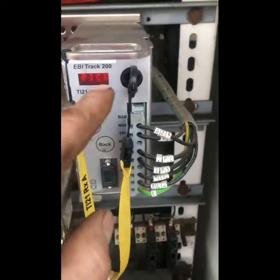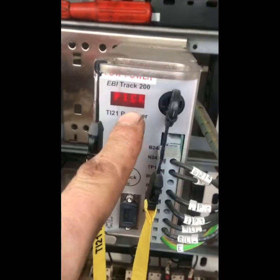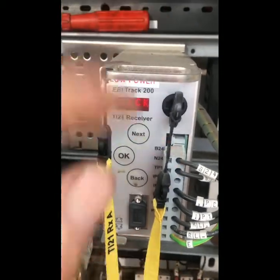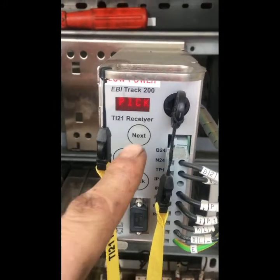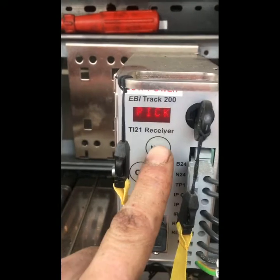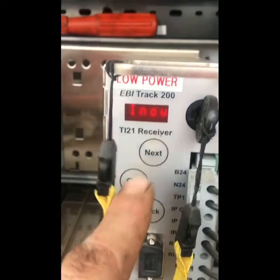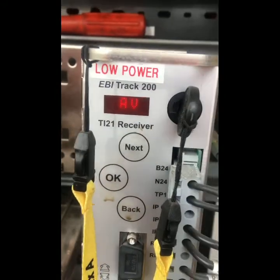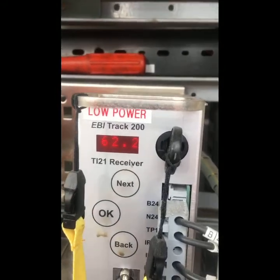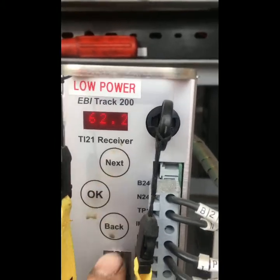And our buttons upon the unit allow us to go forwards and backwards through the system, so we can see that the relay is picked, it's energized. System is energized, that will feed our normal track relay out. With 40 odd volts, 50 volts relay. So if we click next, we can see that the current is now average current, and we can see 62 milliamps. We can watch that. Go back,